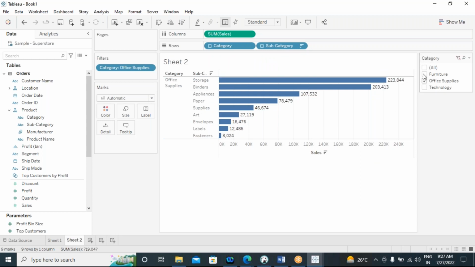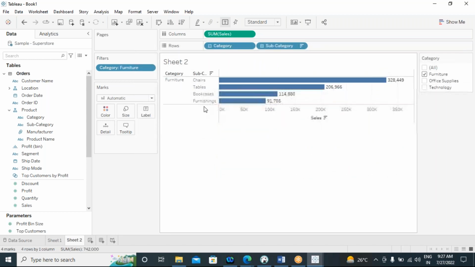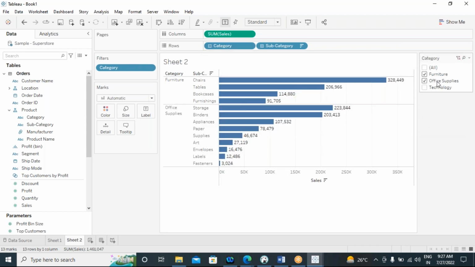If I select furniture, I want to see the top three subcategories from furniture: chairs, tables, and bookcases. These are the top three subcategories in the particular category. That's the requirement. At the same time, if I select furniture and